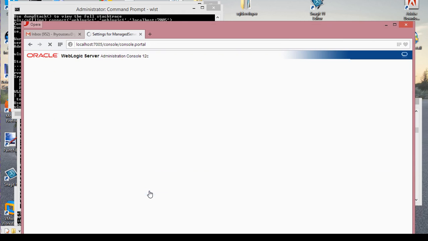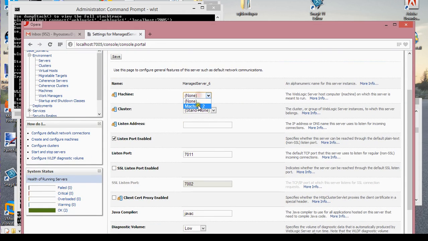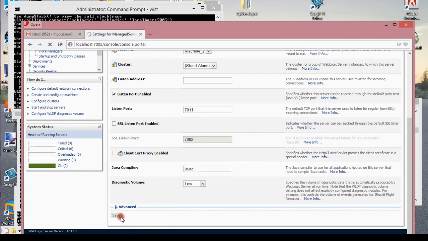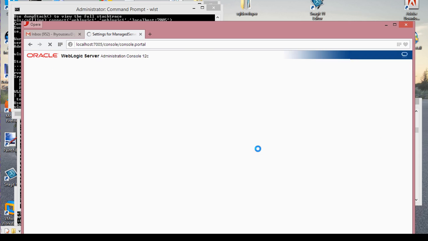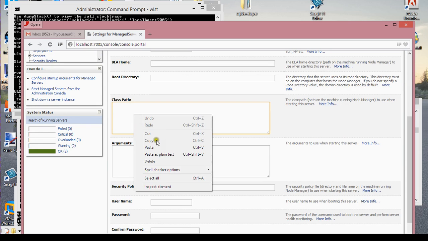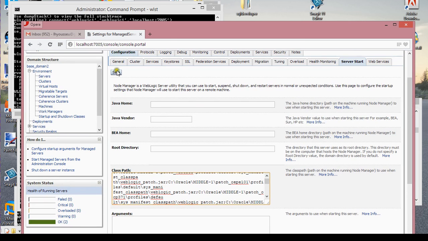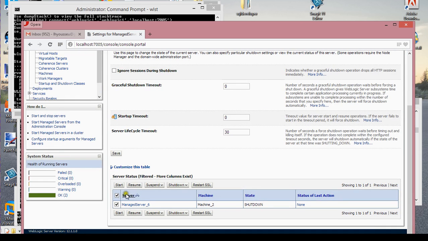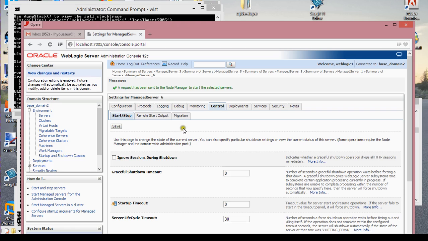Okay, going to my managed server. Attach the machine. Save it. Go to server start, put in the class path, save it, go to control, click on start, go to service,